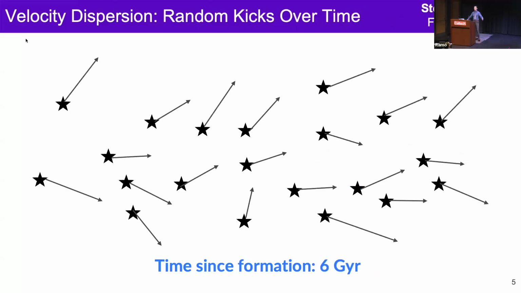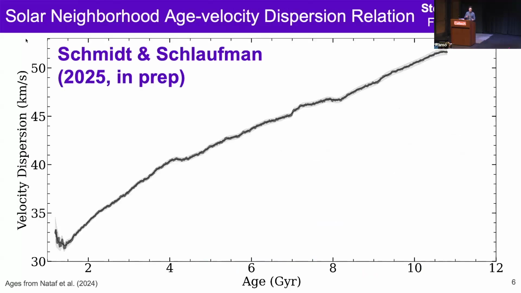As a result, over billions of years, their velocities become a whole lot more varied and all over the place. And the measure of how varied these velocities are, their velocity dispersion, can tell you how old a star is